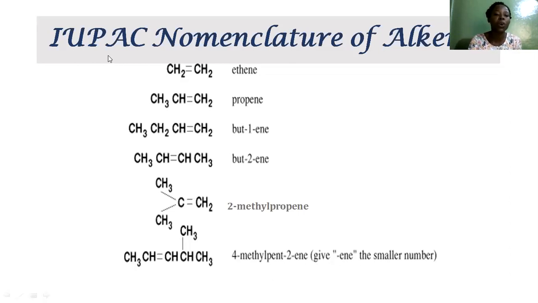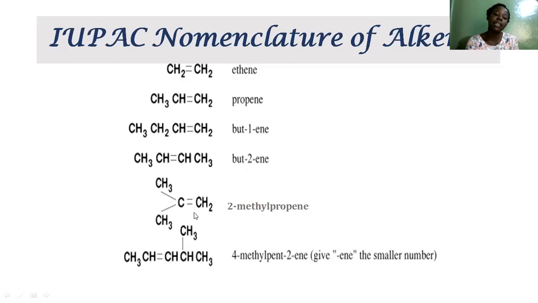But look at but-1-ene. This is but-1-ene because you have the double bond on carbon 1. Now, why are we counting from the right to the left? Because we give preference to the double bond. The double bond is on carbon 1, then 2, 3, 4. 4 carbons is but, so I have but-1-ene. Then look at this. The double bond is on carbon 2, so I have 1, 2. If you count it from the left or even from the right, it's still on carbon 2. So it's but-2-ene.